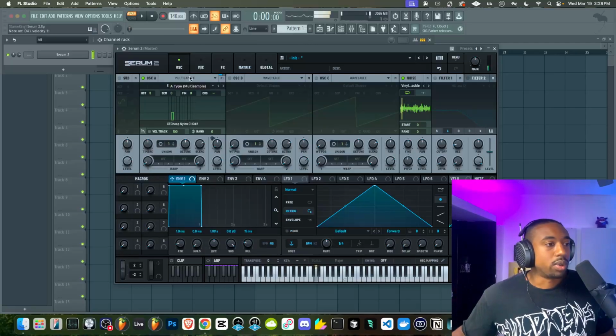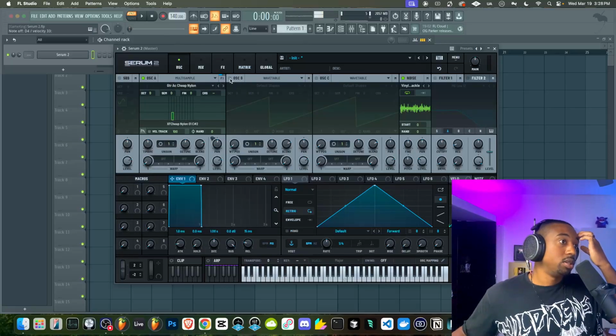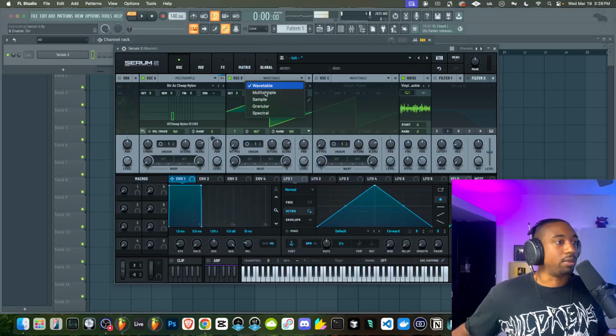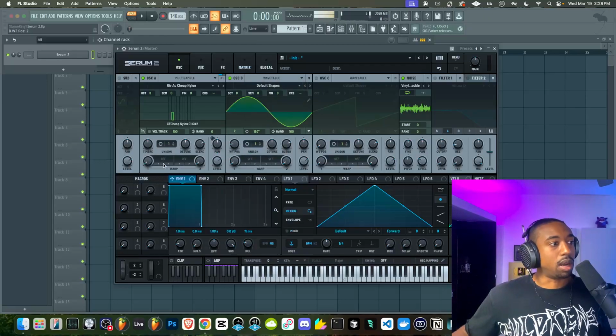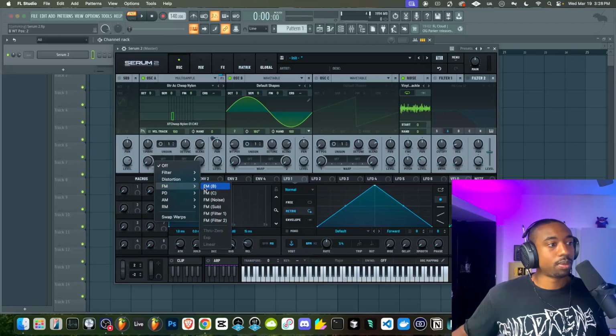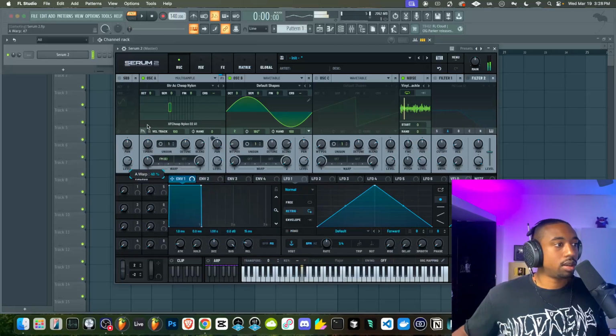Now again, when you're on a realistic sound, I'm not really trying to warp it too much. But again, my favorite thing to do is just start with frequency modulation. Let's do from B, because this adds a little bit more harmonic content to the sound. Now we're getting this really weird sound.